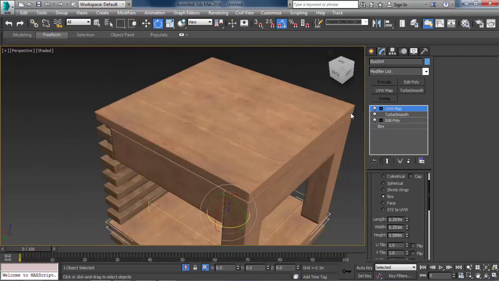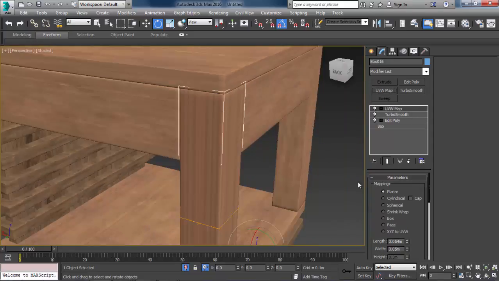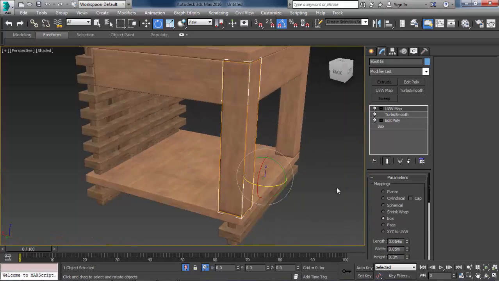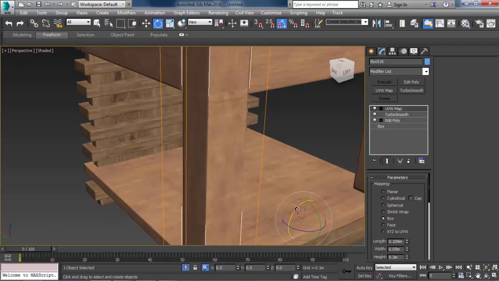Let's leave this one as it is. Apply a UVW map for this one. Let's rotate it. Rotate the gizmo.